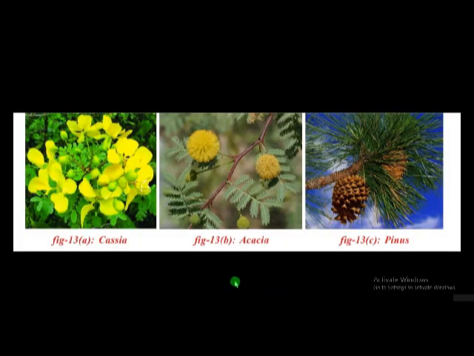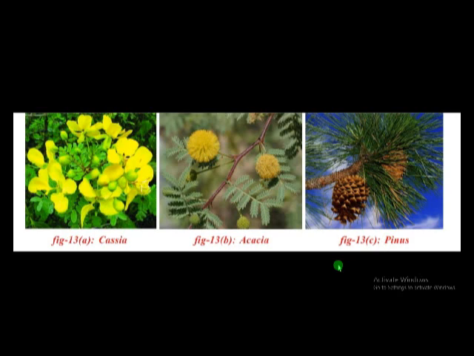And here some other plants are there. This cassia and acacia. These plants produce tannins. Tannins are also secondary metabolites. These tannins are used for the softening of leathers. And here another plant is there, Pinus. From this, resins are prepared. Resins are also secondary metabolites. They are used in the preparation of varnishes. Along with alkaloids, tannins, resins, gums are also there. Gums are used for binding purposes.